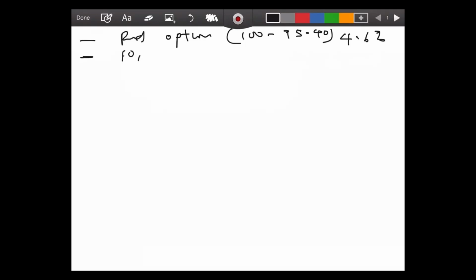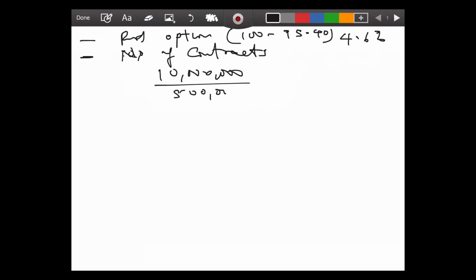So the number of contracts is 10 million over 500,000